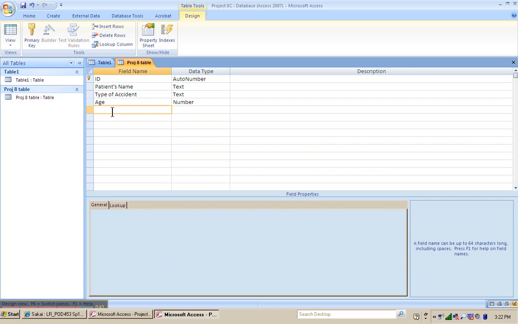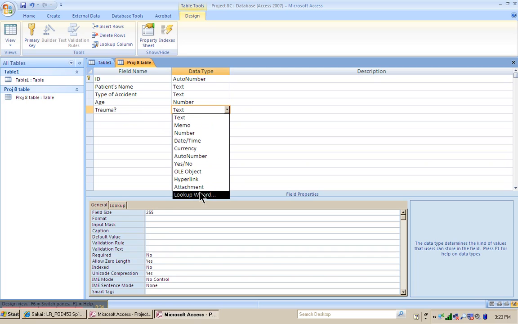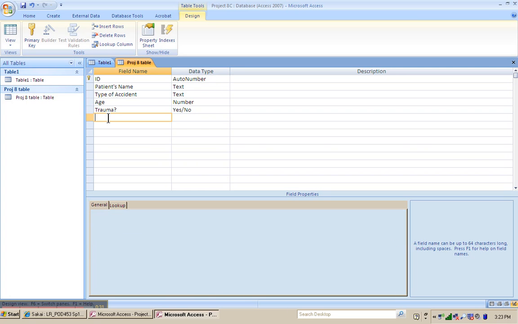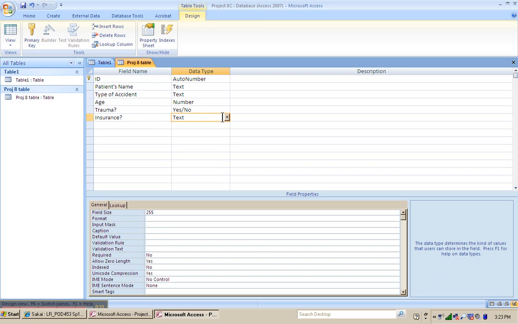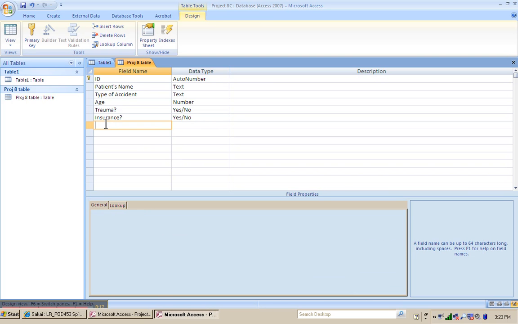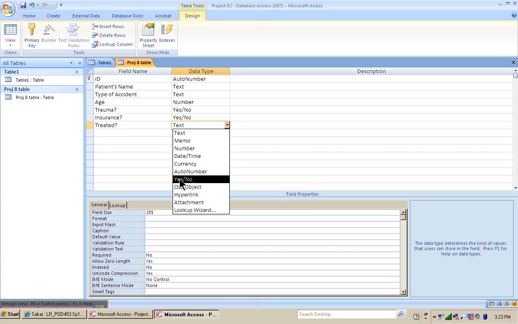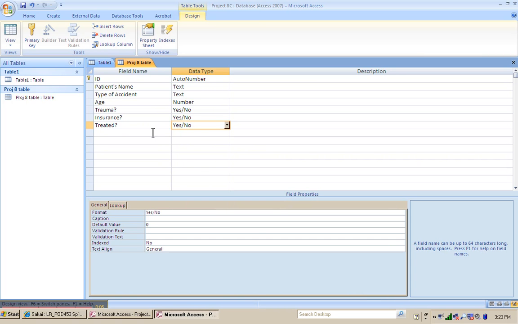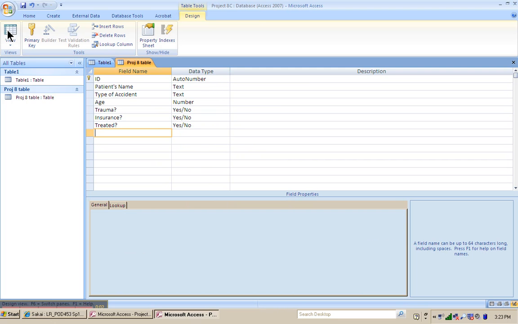Then I'm going to put one here that is TRAUMA. Was there a trauma? Question mark. And this is going to be yes and no data. And so there's going to be yes and no. And then insured or insurance, question mark. Did they have insurance? And you could do yes and no with that as well. And then the last one, we're going to have treated. Treated, question mark, and yes and no. So now I want to add some data. And so you would go to this view right here,